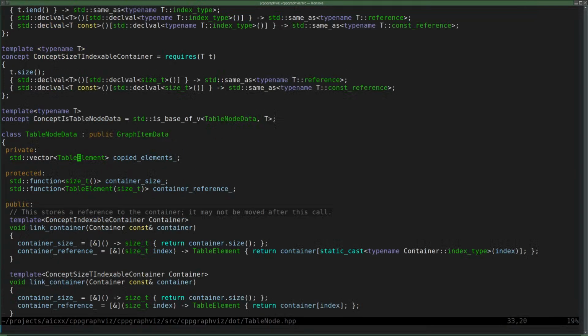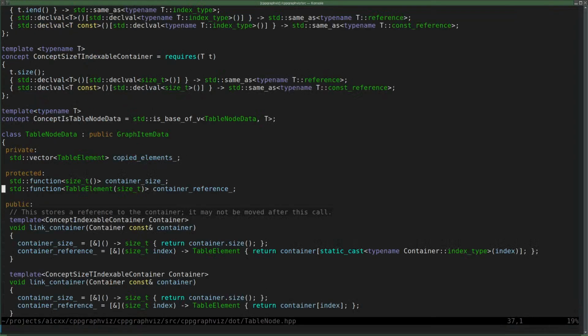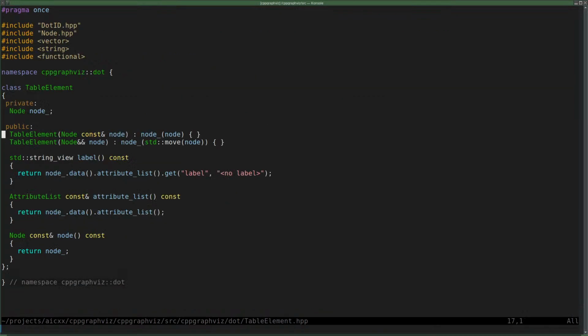Do I have a non-const element here, table element or not? Do I get a copy of it? If I just get a copy of it, that would also not be good, or what? See, this returns a copy of a table element. You're kidding me. Why? Yeah, why not? But if it is a copy, then